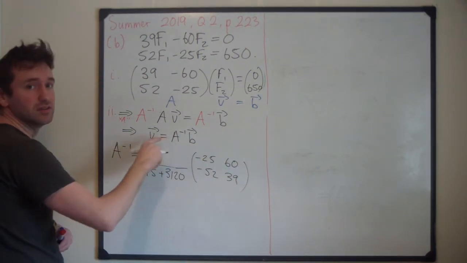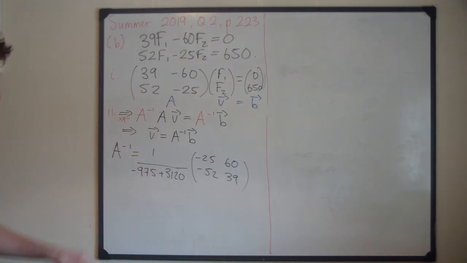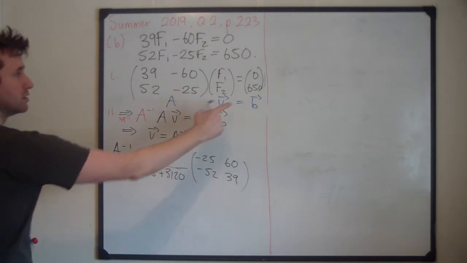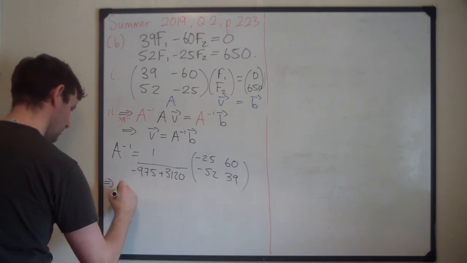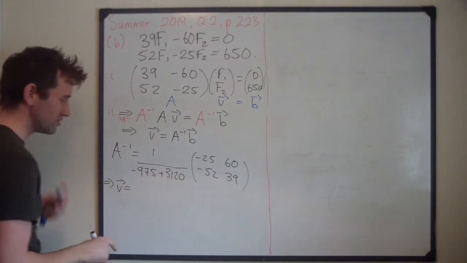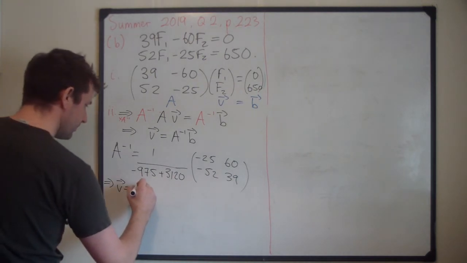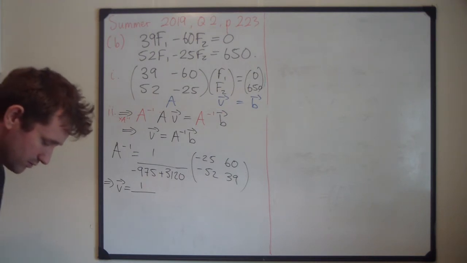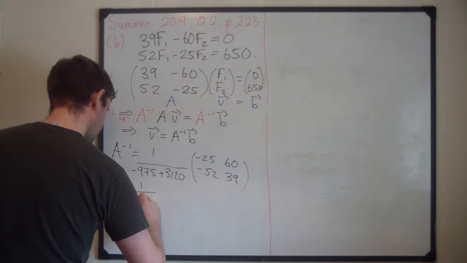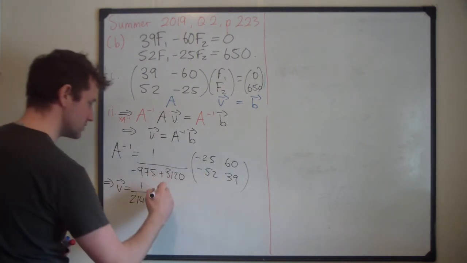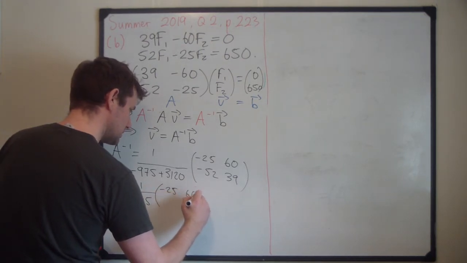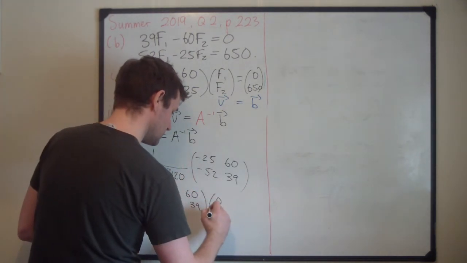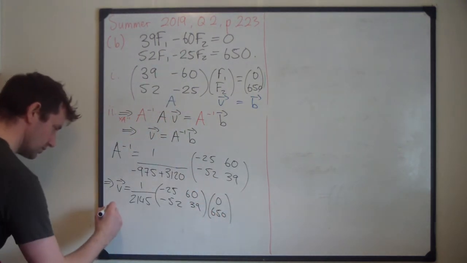This is the real thing I'm interested in here, by the way, so there'll be good marks for this. What we're looking for is V, which is A inverse times B. Now it's going for 3 significant figures, but don't round until the end is what I would say. So 3120 minus 975 gives 2145. The rest of A inverse is here, minus 25, 60, minus 52, 39, times B, which is 0, 650. So we get 1 over